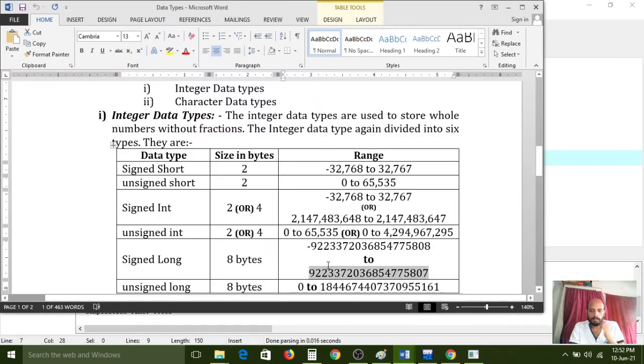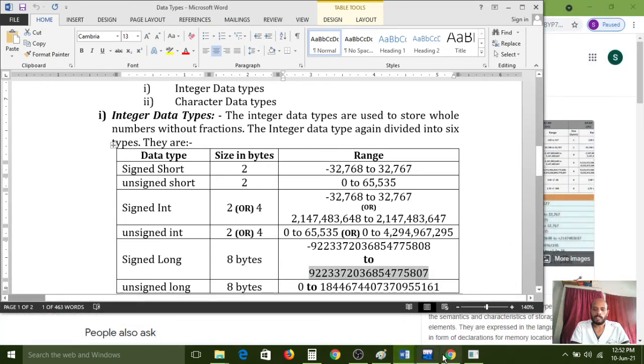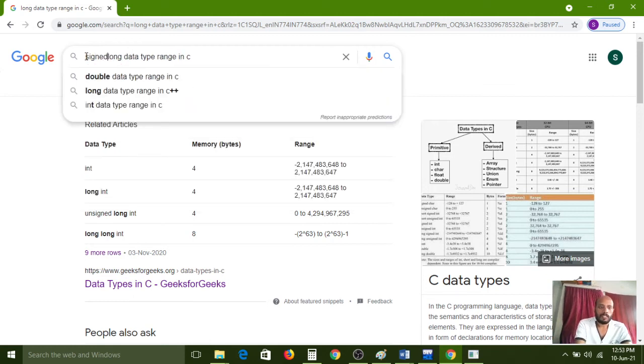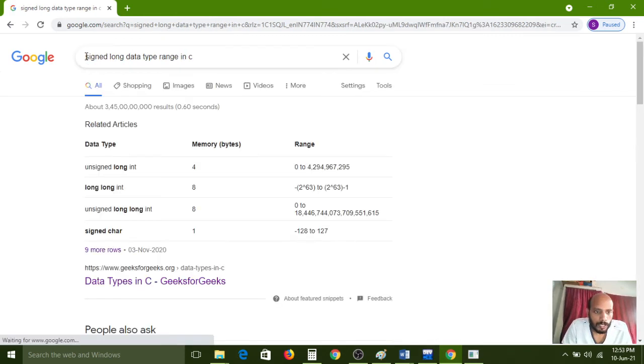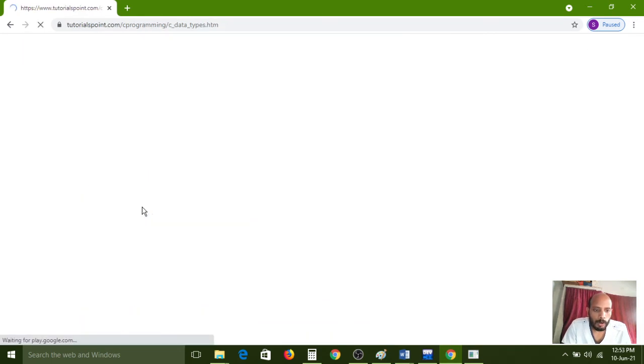Signed long. Okay. Just wait. Signed long. Signed long data type range. Tutorials Point.